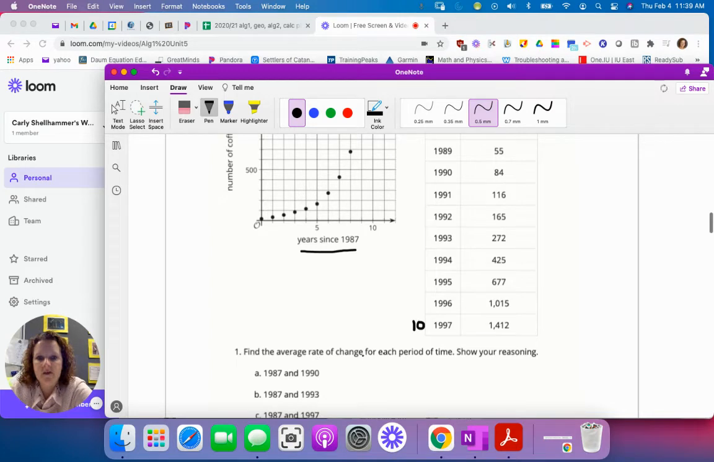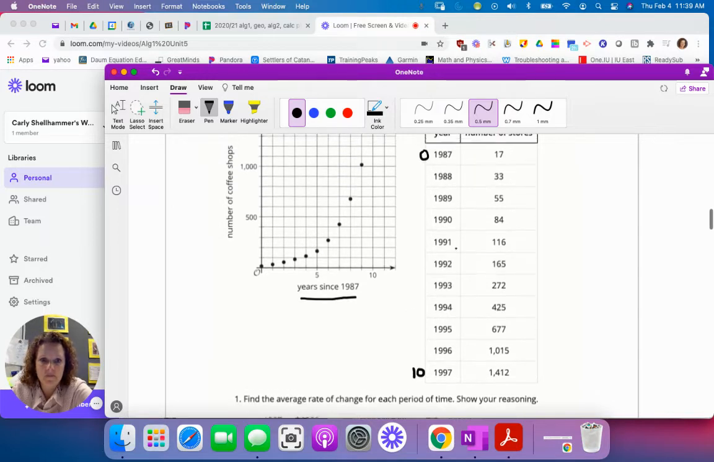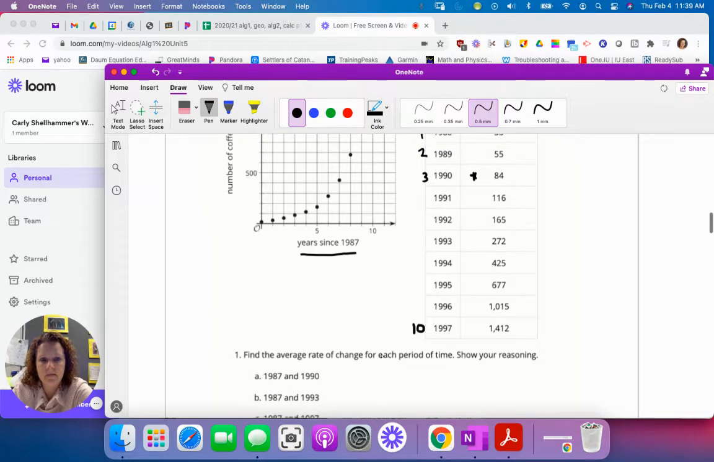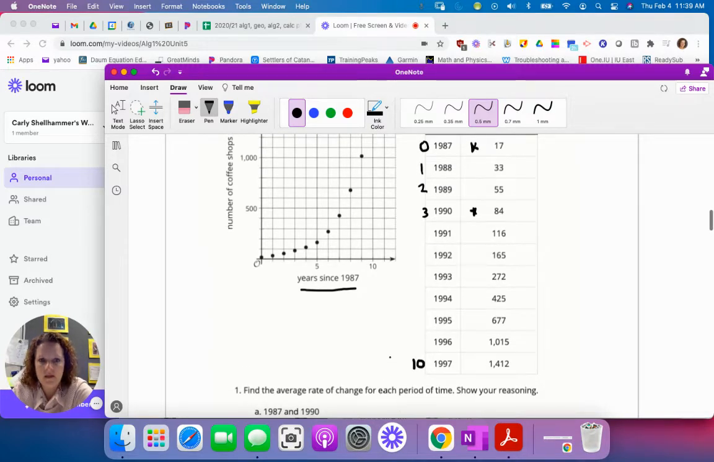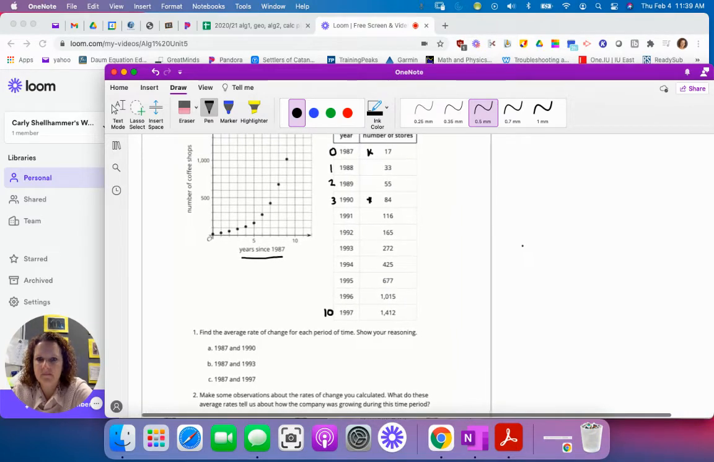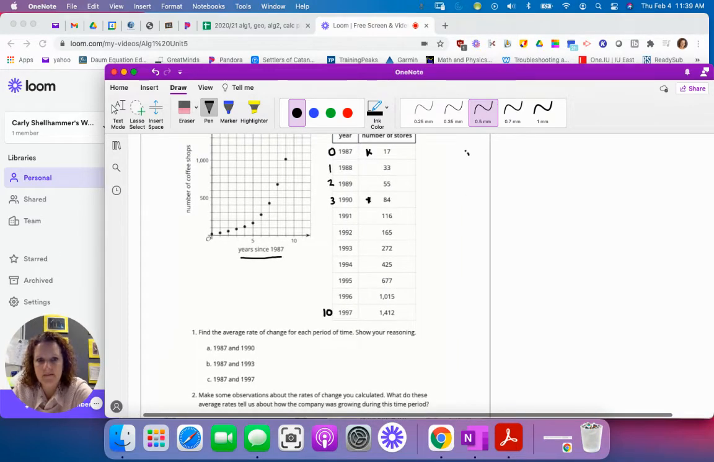So find the average rate of change for each period of time. Show your reasoning. So between 1987 and 1990, 87 and 90, 1, 2, 3. So we're going to do the number of stores. I think I can shrink this down. There we go. I think I might be able to write over here too. We'll see. So for part A,